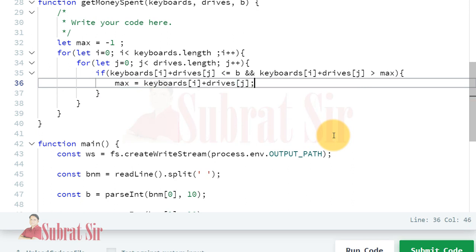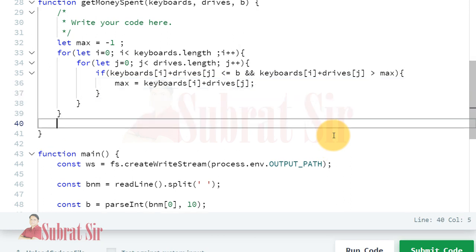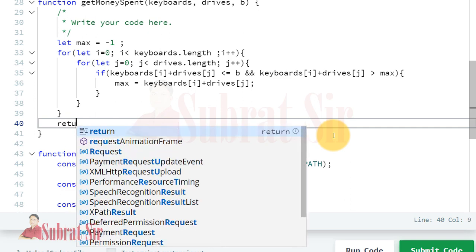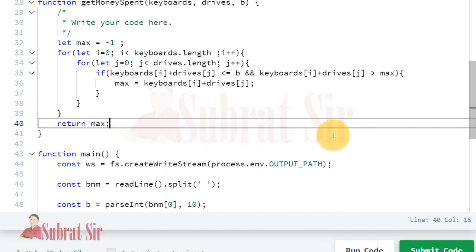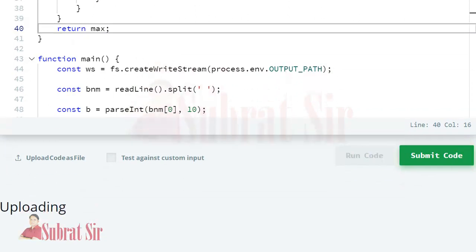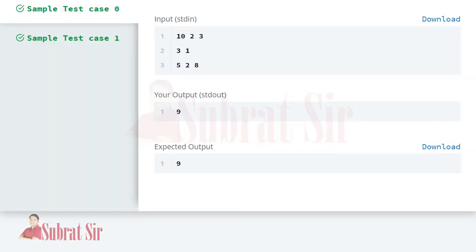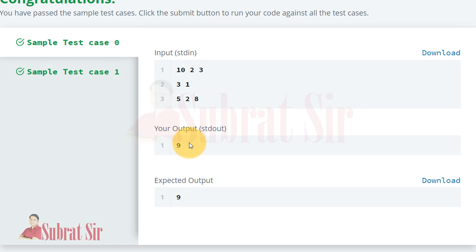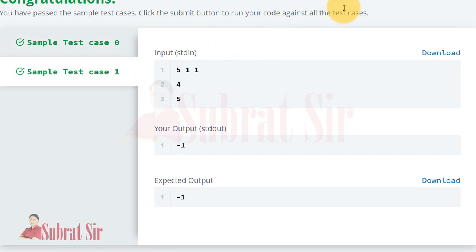Okay, I have already explained you the logic. Please remind that one. If you can't remember, then please watch it again, so you will get the clear idea. Now after for loop we will return the max. Let us run the code. Yes. So both test cases run successfully. Expected output 9, our output 9, and for second one expected output -1, our output -1.